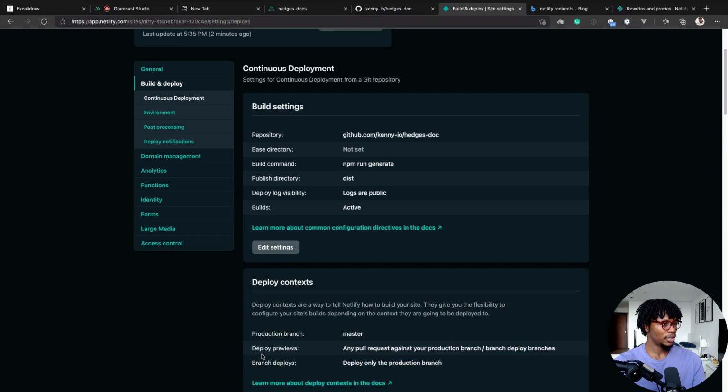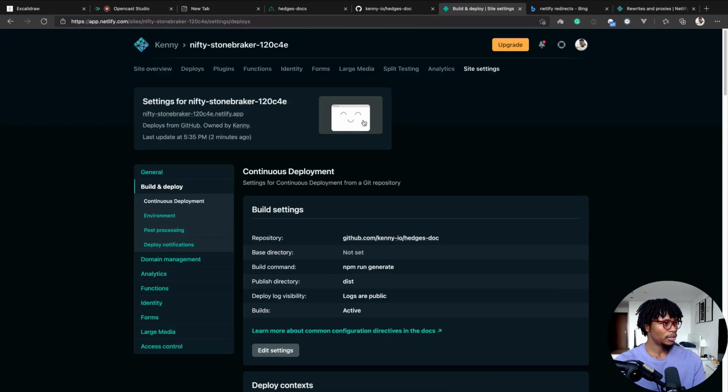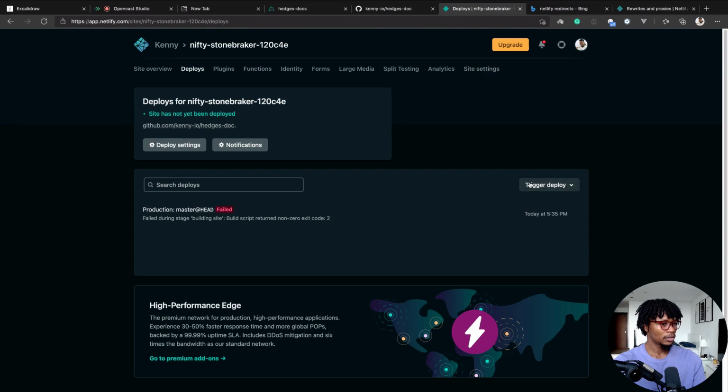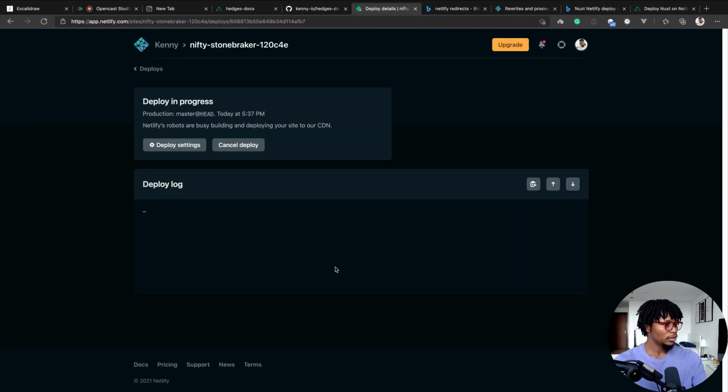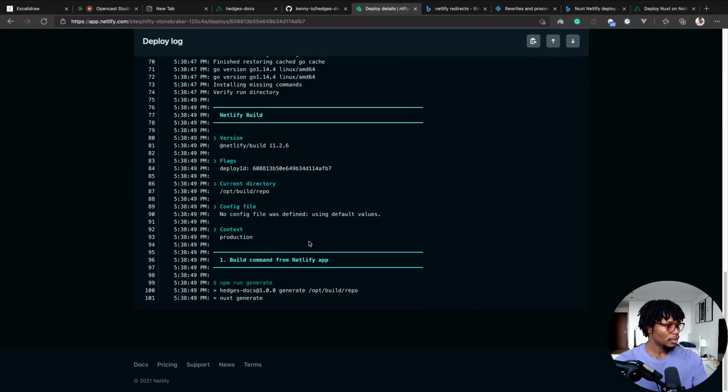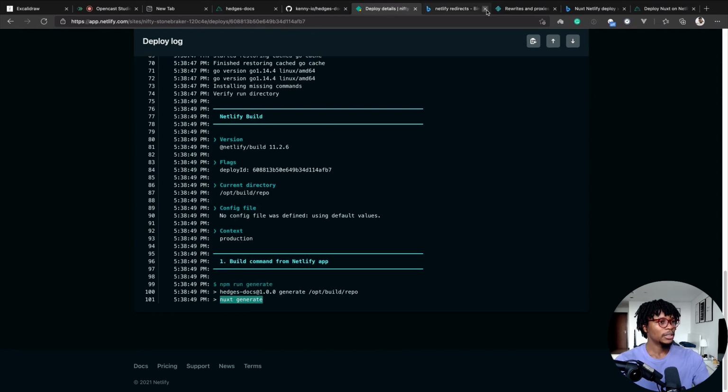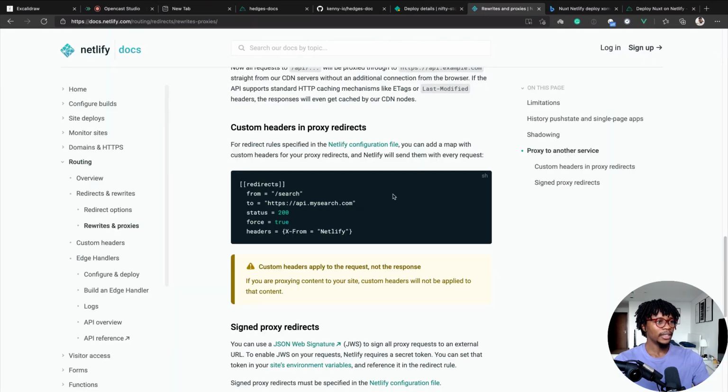Let's find out. I'm going to deploy it again, just to make sure. Okay, so npm run generate invokes nuxt generate. So that is correct. Let me get rid of these ones and leave redirects. Yeah, okay, so while that is deploying,